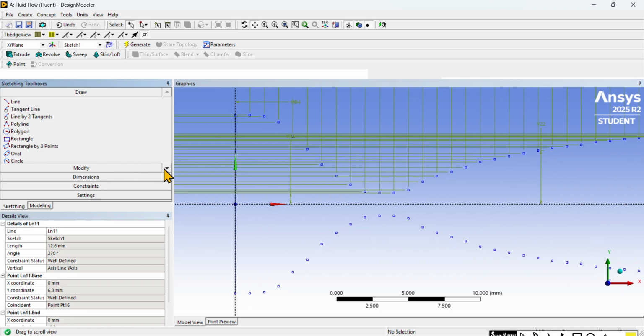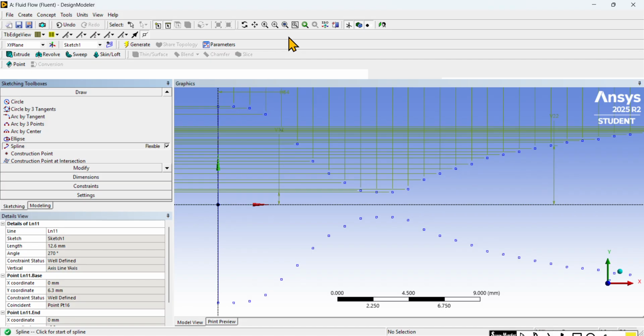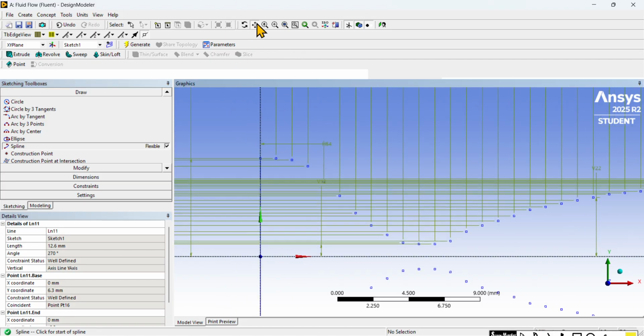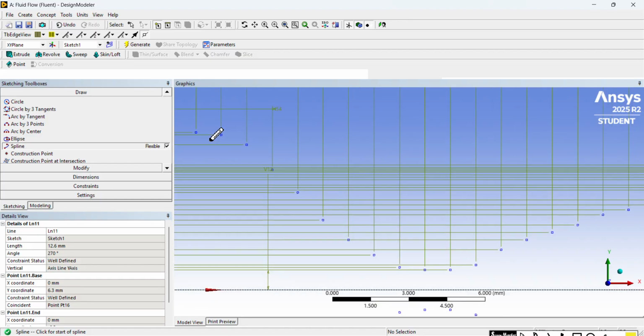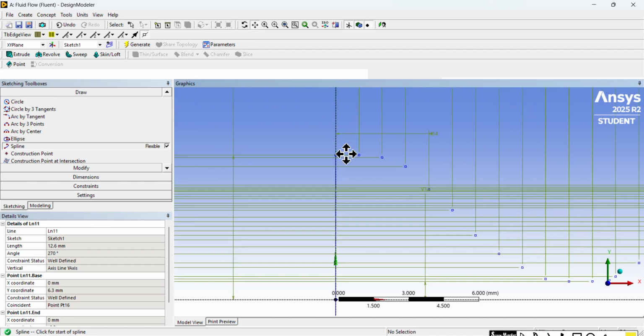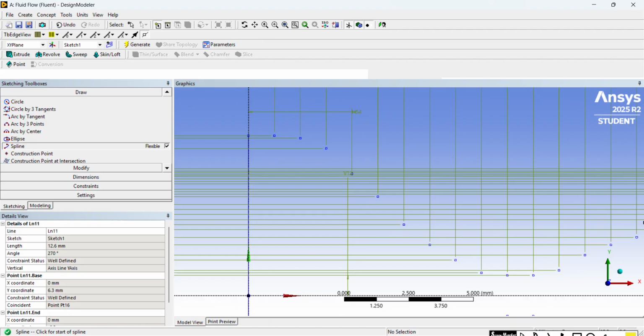In the draw toolbar itself we have a spline here. I will take spline and you can clearly visualize how we are going to join all these points. We need to carefully join these points. I will select the first point. You can see when I'm moving my cursor, it needs to locate P, not the C. You can use pan. You can clearly join. So you need to see that it should select only